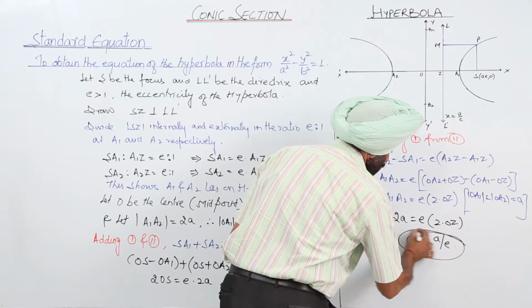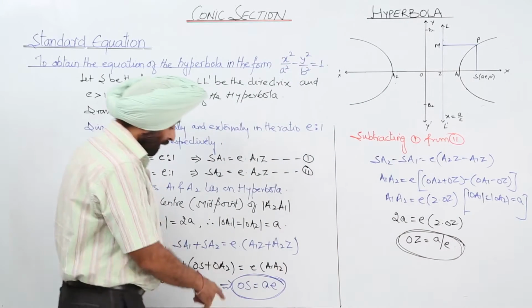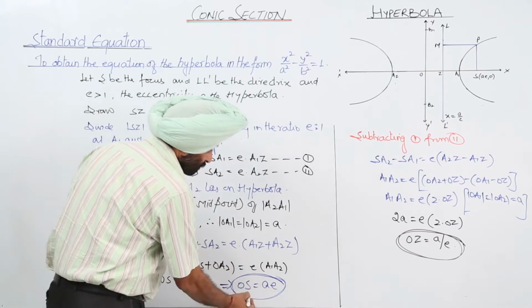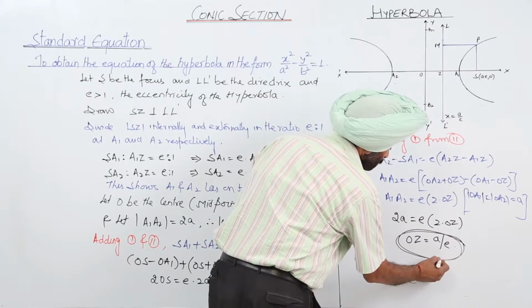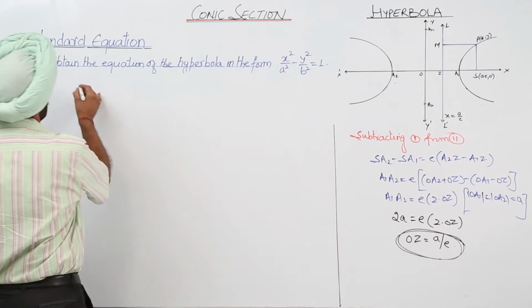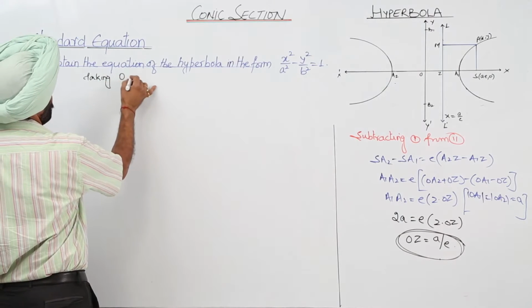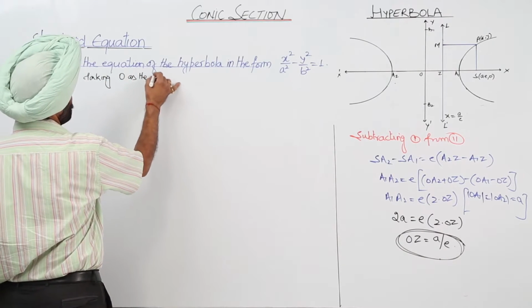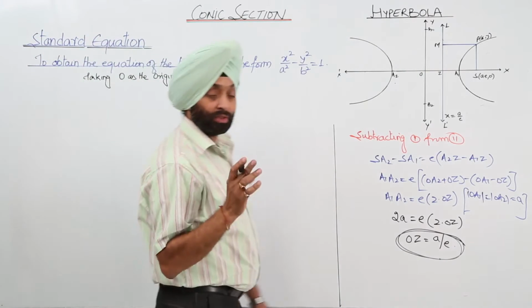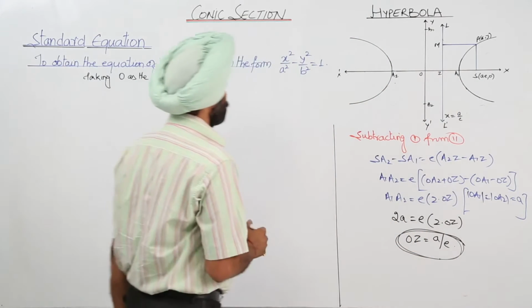So another thing. Is it clear? So we have now got one OS and one OZ. So we have got this also and we have got this also. Now taking O as the origin. One thing: earlier we just supposed that O is the midpoint of A1 and A2. Okay. So now O as the origin,